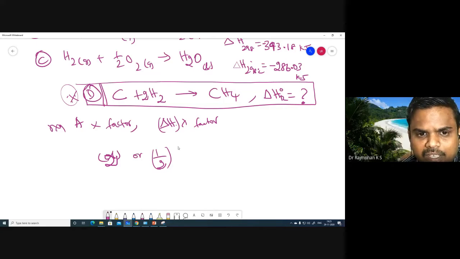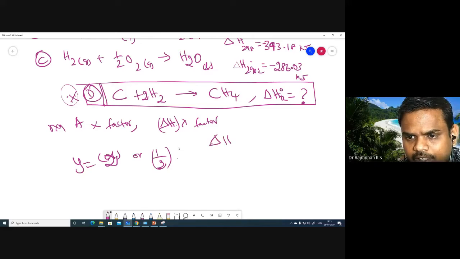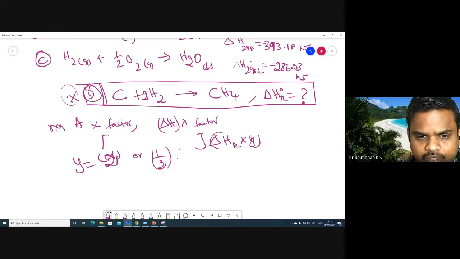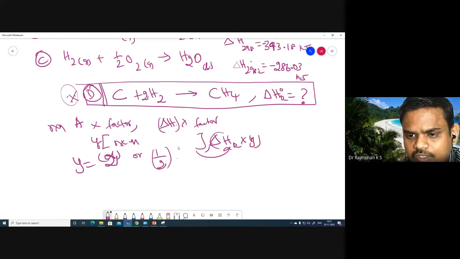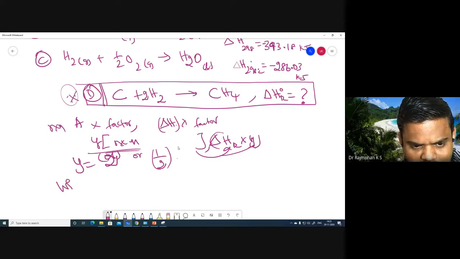Okay, if you are multiplying this given reaction C by 2, then I'll have 2H2 plus oxygen gives 2H2O. Then the delta HR value also we have to multiply by the factor. So whatever is the factor, let Y be the factor, then delta H of the reaction also needs to be multiplied by the factor. So when a reaction is multiplied by a factor, its associated delta HR also needs to be multiplied by it.